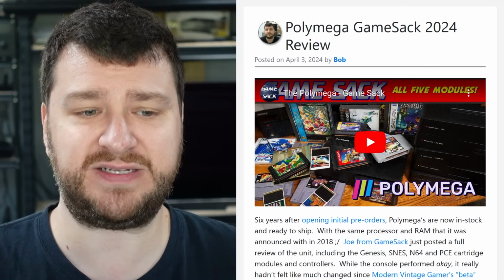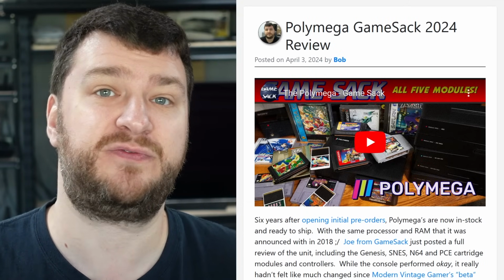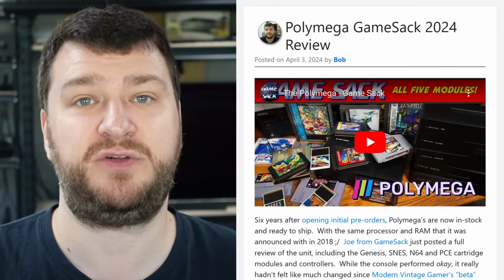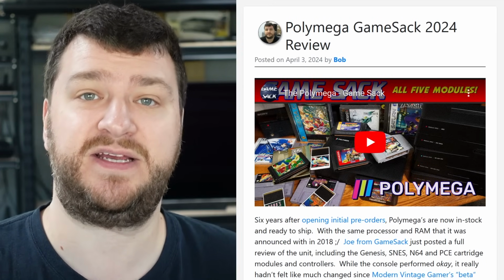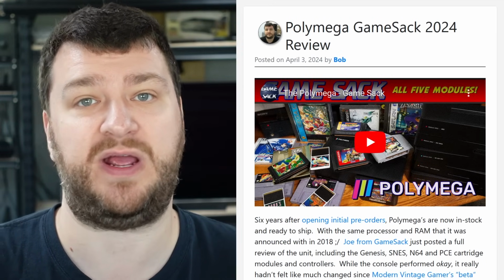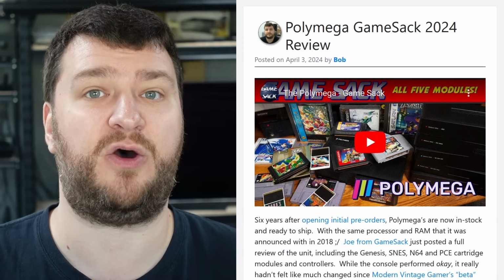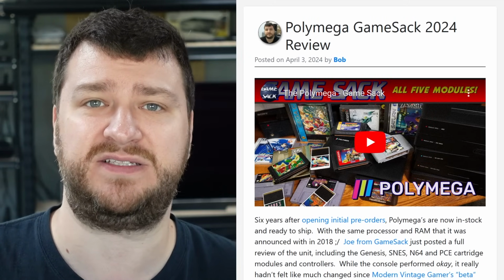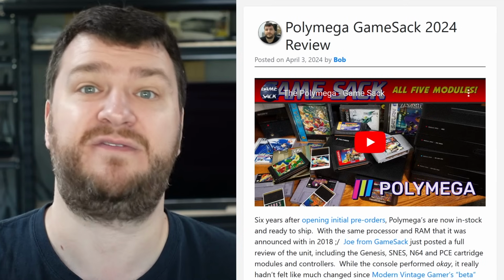So that's kind of my biggest gripe with this thing, is something that's that expensive just for the base model without any of the extra attachments should really perform a little bit better than that, especially with the latency, which I tested a couple of years ago when they sent me one to try out, and it was fine, but it seems to have gotten worse, and the audio latency definitely got worse. Joe tested quite a high amount of latency between when something happens on screen and when you hear the effect,